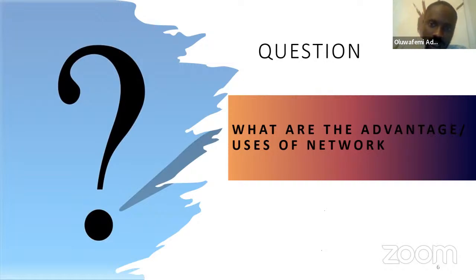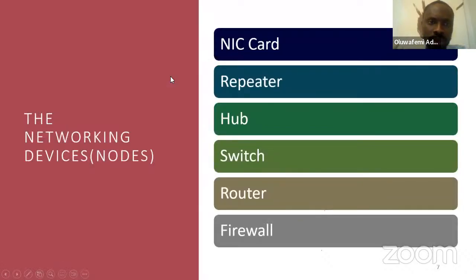So having said that, we'll be moving on from here, and we'll be having the networking devices. So we talk about the nodes, right? We say some things about the nodes. We say something about the medium at which they communicate, and then we say something about the protocols. So we'll be taking a closer gaze at the nodes, right?